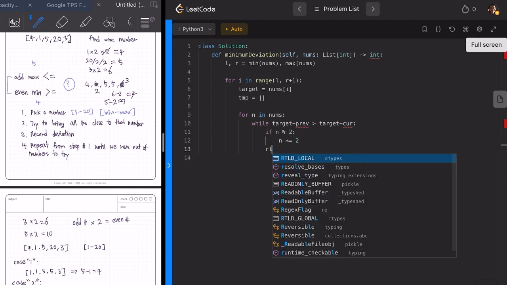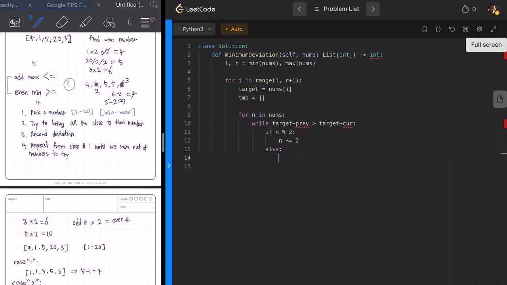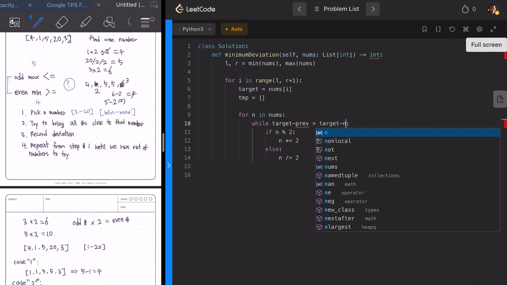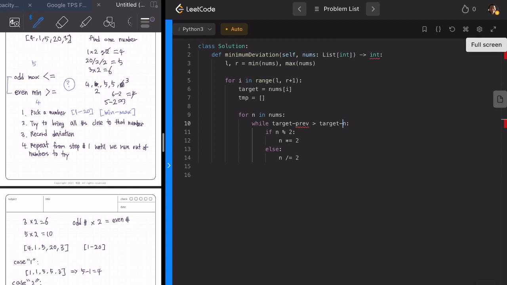If it's not, we can divide by 2. And we are going to repeat that until the target number minus the current number is larger than,